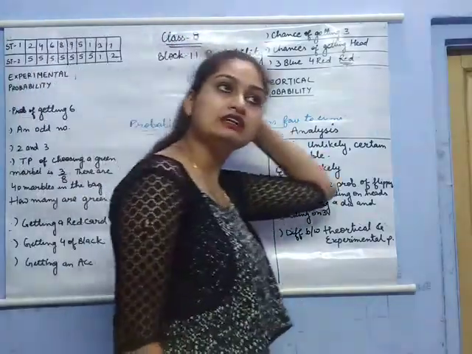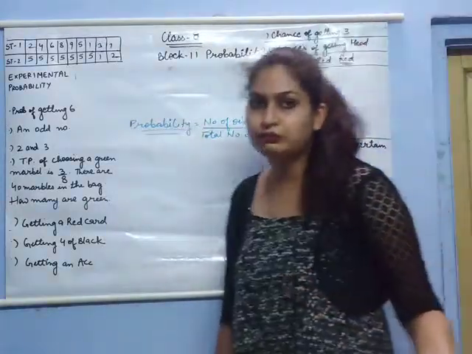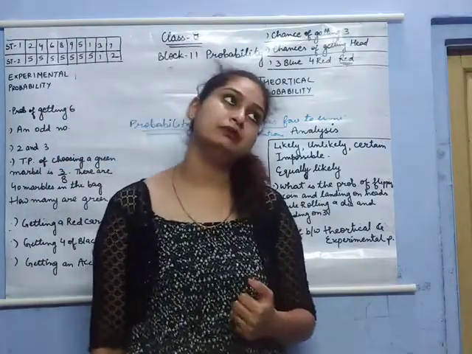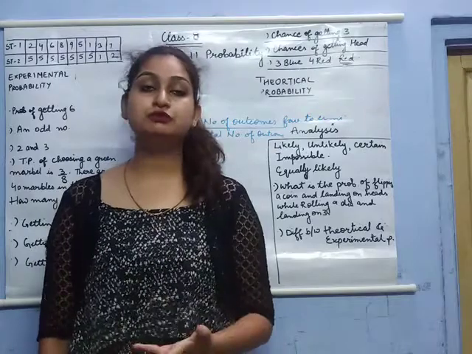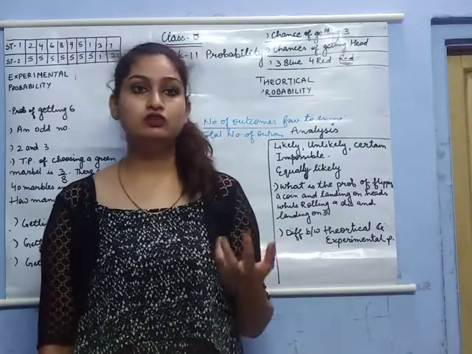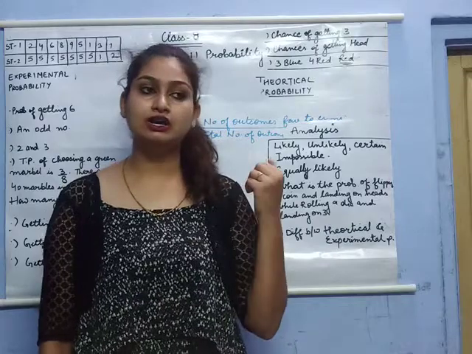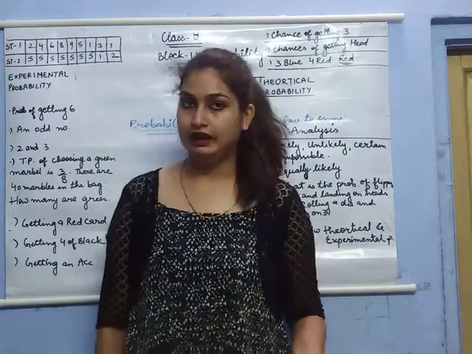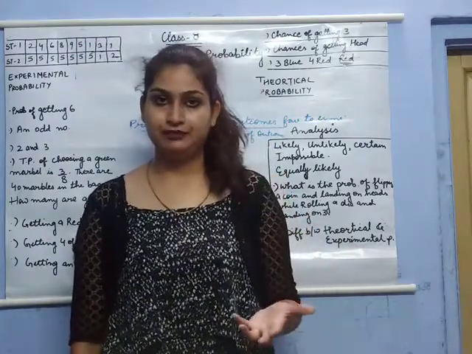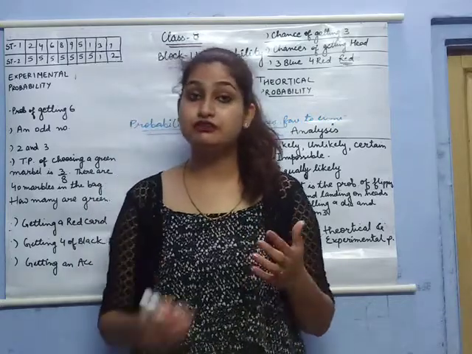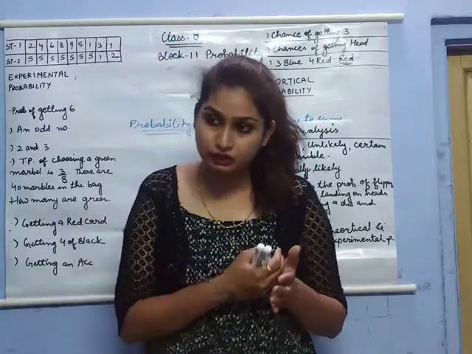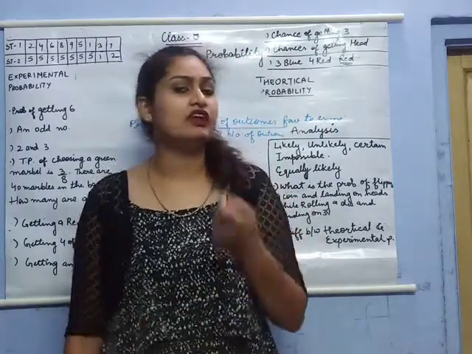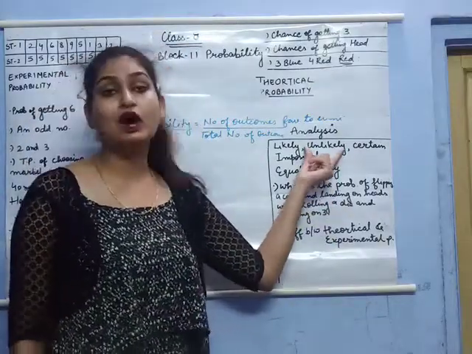Unlikely events are the events which are next to impossible, which may happen but have very few chances to happen. For example, you will get a trip to Switzerland if you throw a die 10 times and each time you get a 5. Are you getting my point? We need a 5, 10 times simultaneously, together on the spot, without breaking the chain. So it may happen, there are chances, but the chances are very few. Those probabilities are called unlikely.